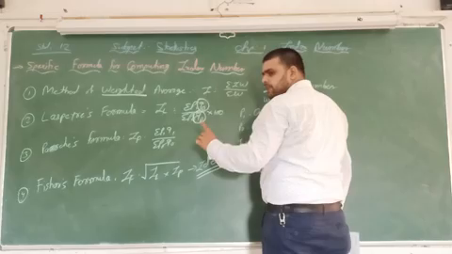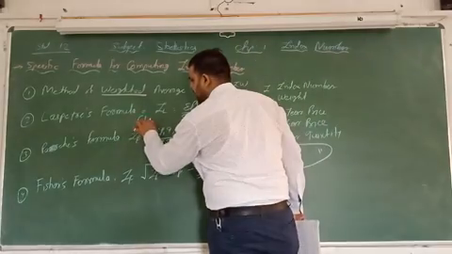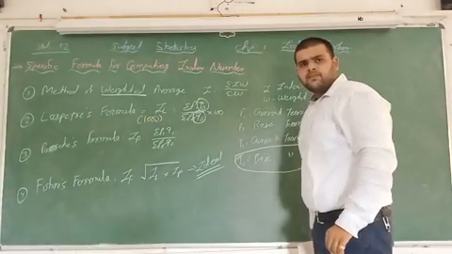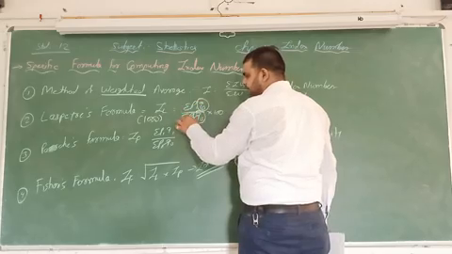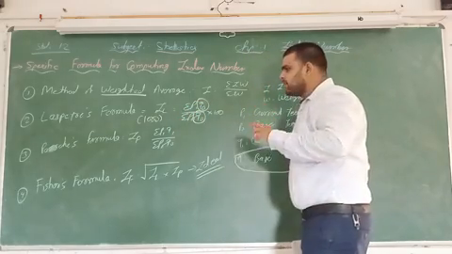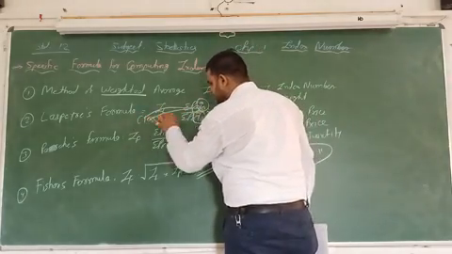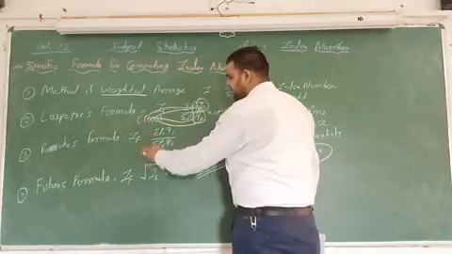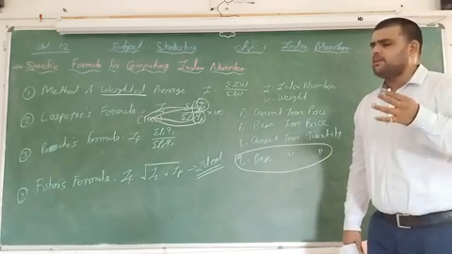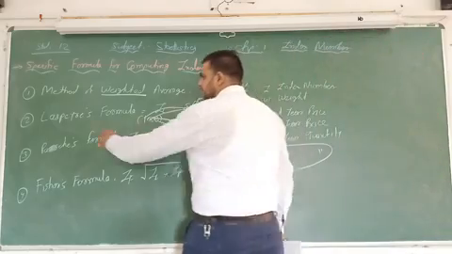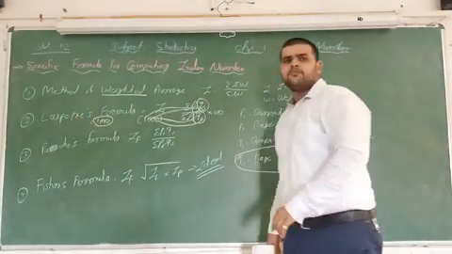In short, if you want to remember this formula, we can use the number 1000. What is 1000? Here P, Q, P, Q, four terms are the same. But here P1 has 1, Q has 0, here 2 0, and here 3 0. So it will be easy to understand. What we have to remember, Laspeyres is equal to 1000. Here I will write Laspeyres is equal to 1000, so you can easily remember this formula.